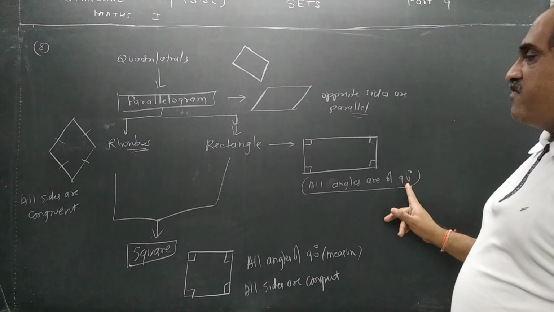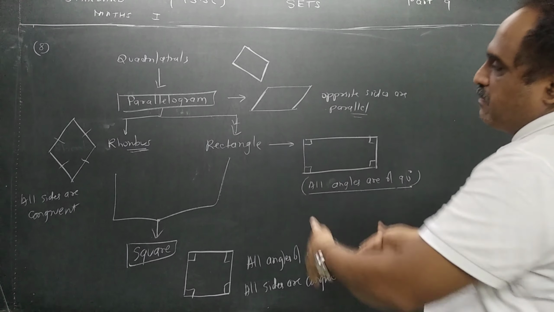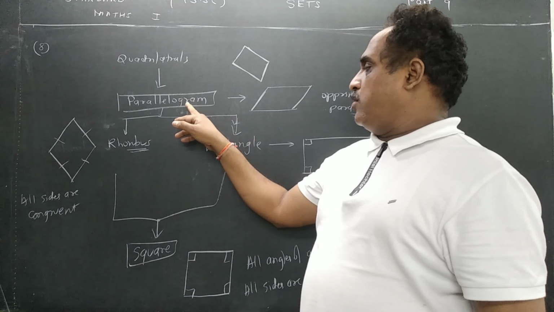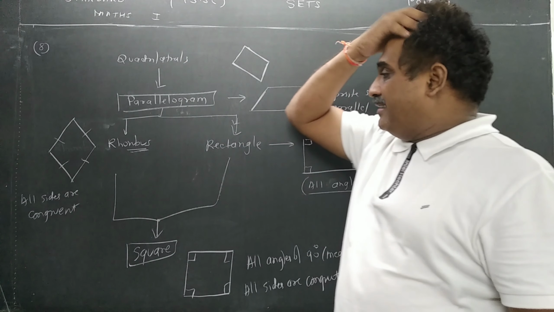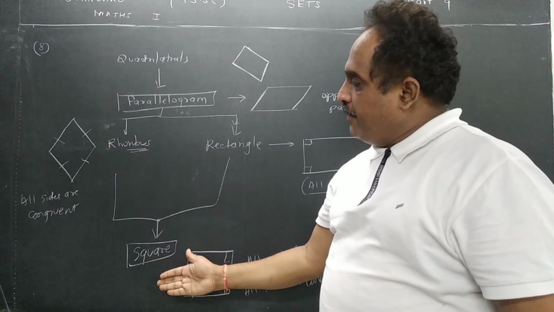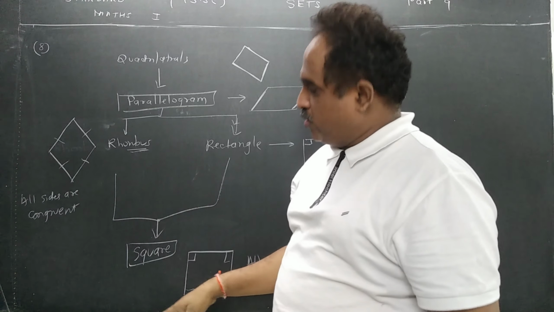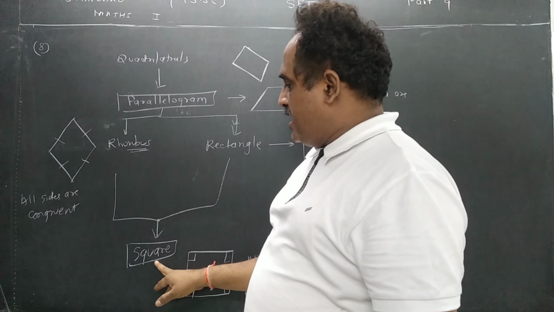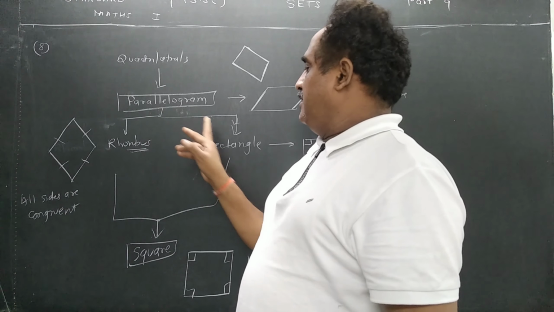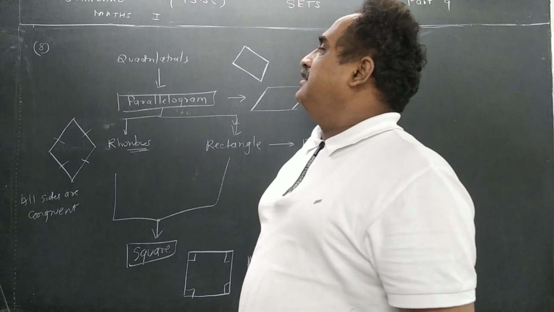Rectangle. Rectangle is the one in which all angles are of 90 degree. Correct it is? But to make 90 degree, opposite sides are parallel. This is the parallelogram. The rectangle is a subset of parallelogram. A rectangle is a subset of what? Quadrilateral. Now this is square जो इन दोनों का चेला है, मतलब ये दोनों की प्रॉपर्टी दिखाता है. If anybody asks me, is it rhombus? मैं बोलूंगा yes. Means square is a subset of rhombus. Square is a subset of rectangle. Square is a subset of parallelogram. Square is a subset of what?